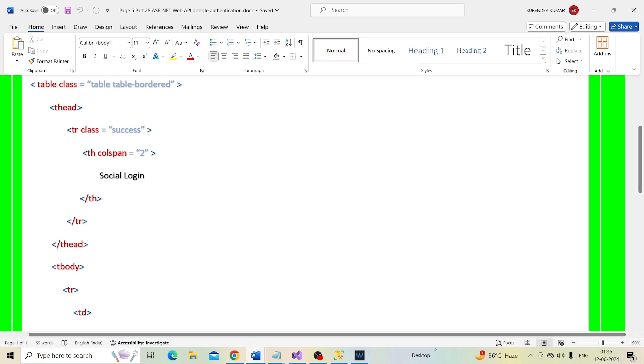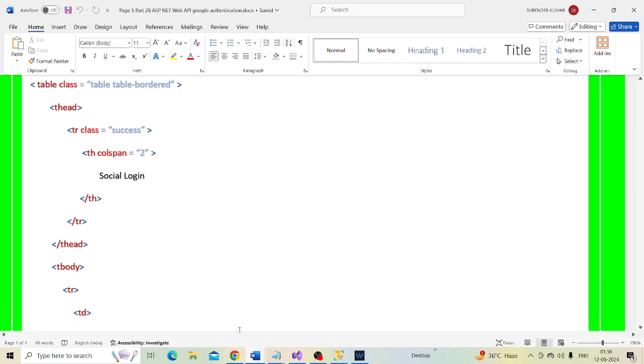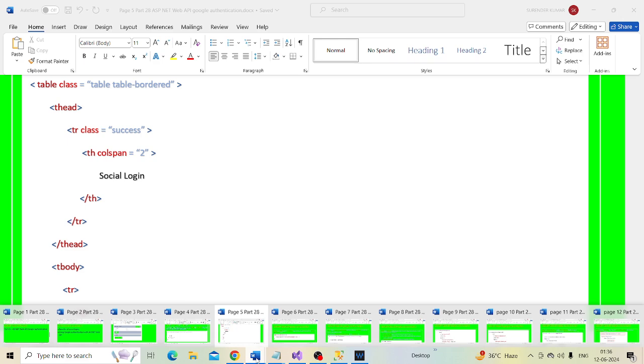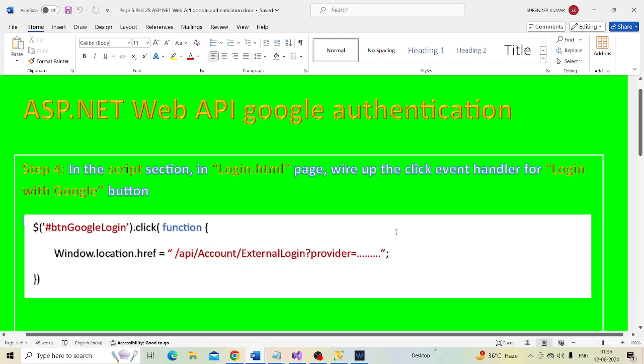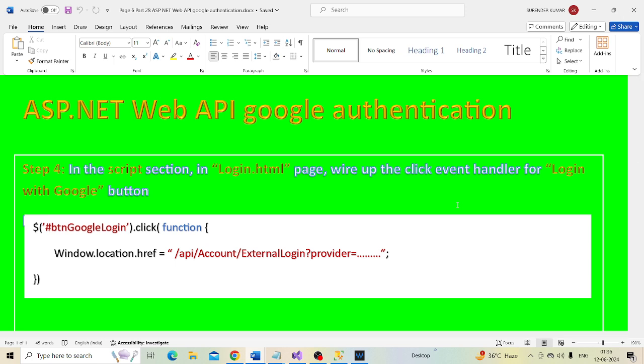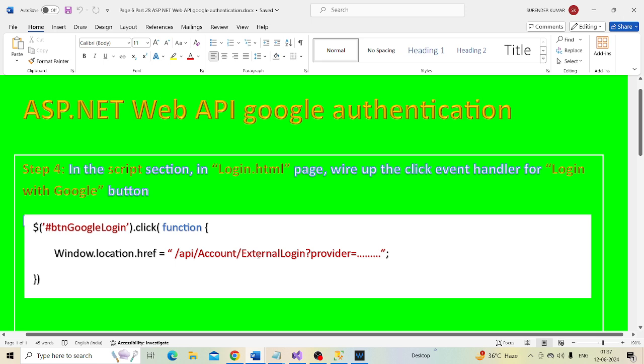Step 4, wire up the click event handler for the login with Google button. When we click the login with Google button, we are redirecting the user to the Google sign-in page to get the redirection URL. We make a GET request to this URL right here.